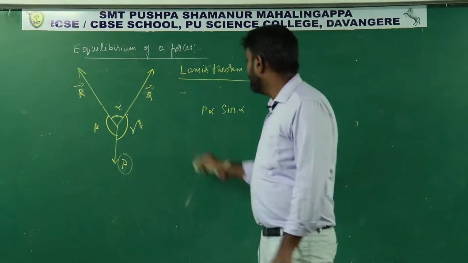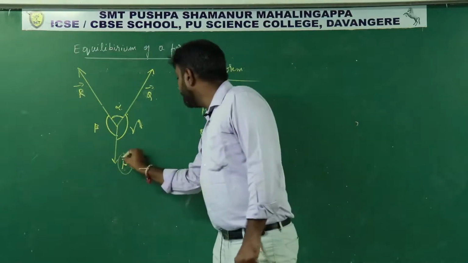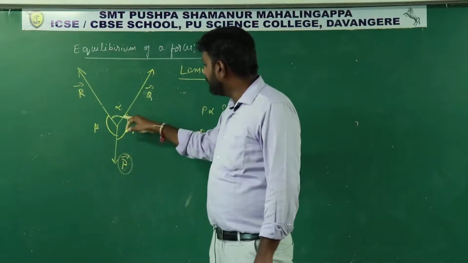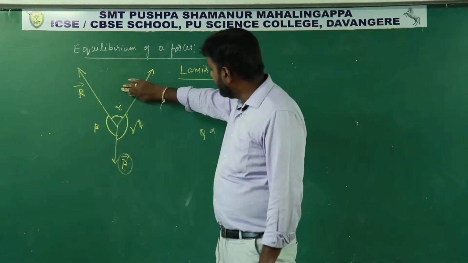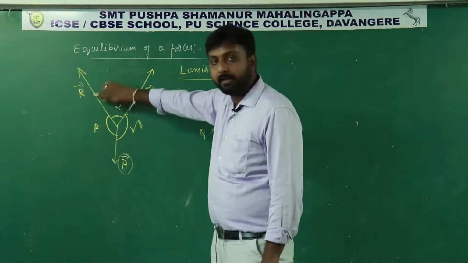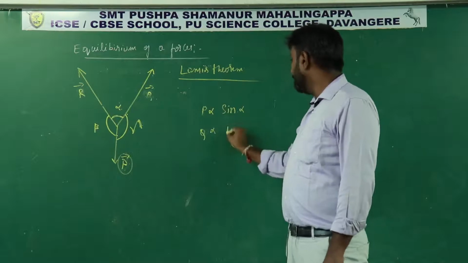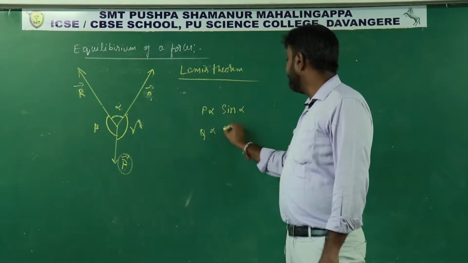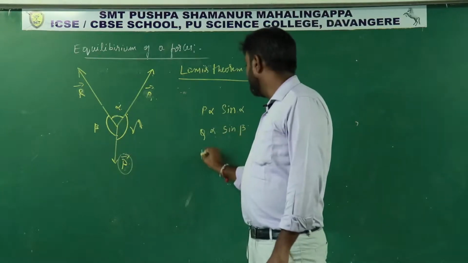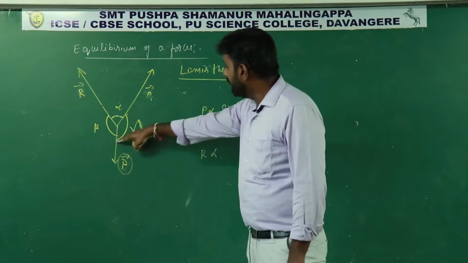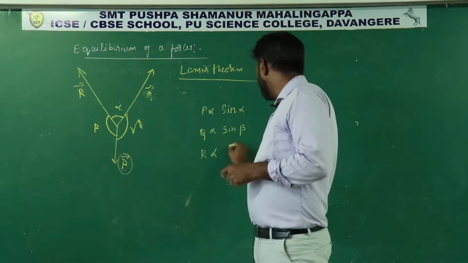And next, if you consider Q, this Q force is also directly proportional to the sine of the angle between the other two. If you neglect this one, the other two forces become P and R. Between P and R, what is the angle? Beta. So Q is directly proportional to sine beta. And the remaining is R. This R is directly proportional to the sine of the angle between the other forces,